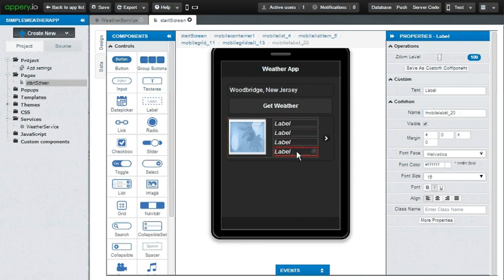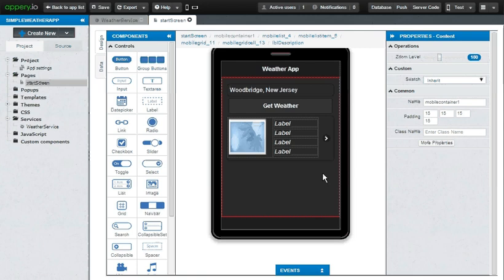And finally, the fourth label, we will display the description of the weather. It is sunny or cloudy, things like that. That kind of a textual description. So let's call this LBL description. Okay, great. So far so good. We have five major elements. One is the image and four labels in which we want to display data that is got back from the response of the RESTful service. Okay, so let's save off the app and proceed to the next step.